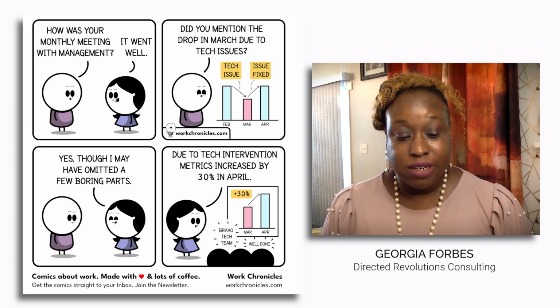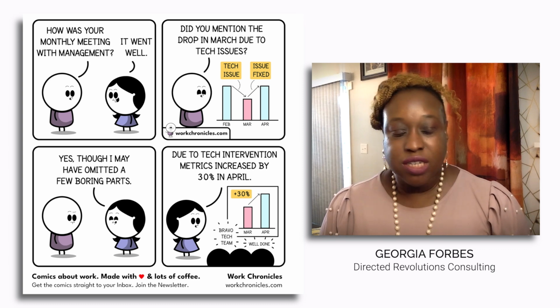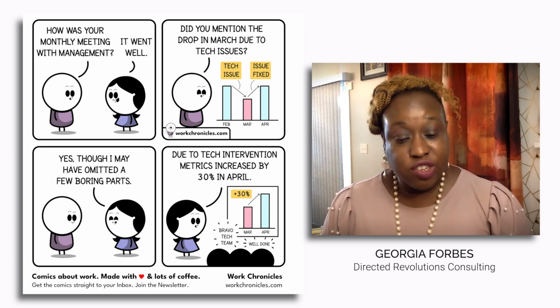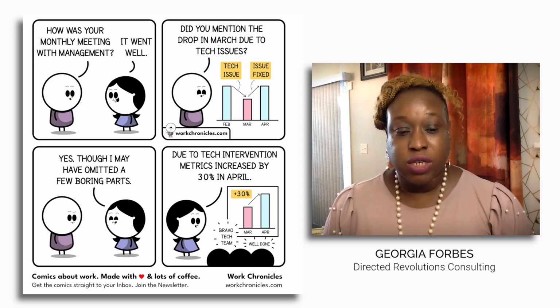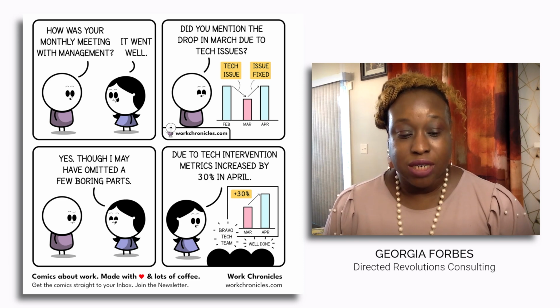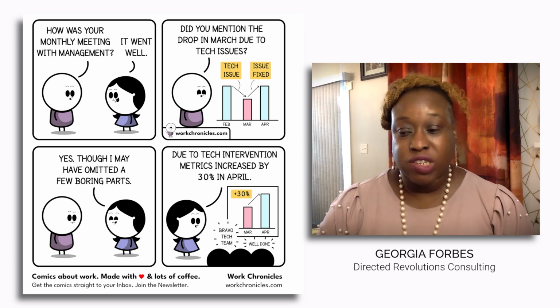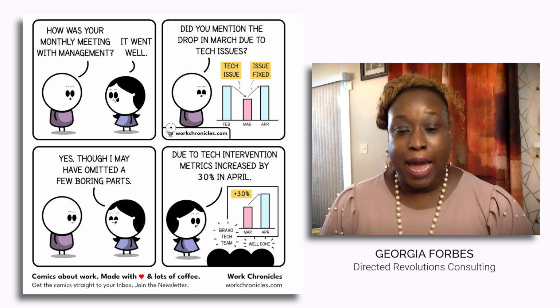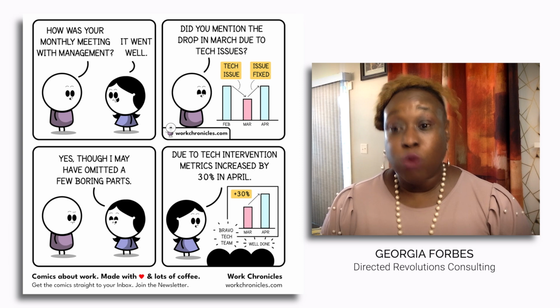But what we need to understand is that changes in the environment, things happening, variation, it's normal. The goal is to reduce it, but we also need to understand our variation in order to properly manage it. In this instance, it was covered up, right? It was covered up to act as if that part didn't happen in order to tell what was perceived as